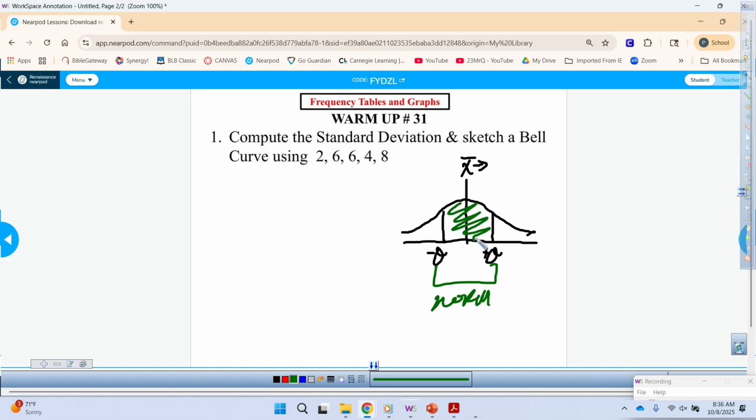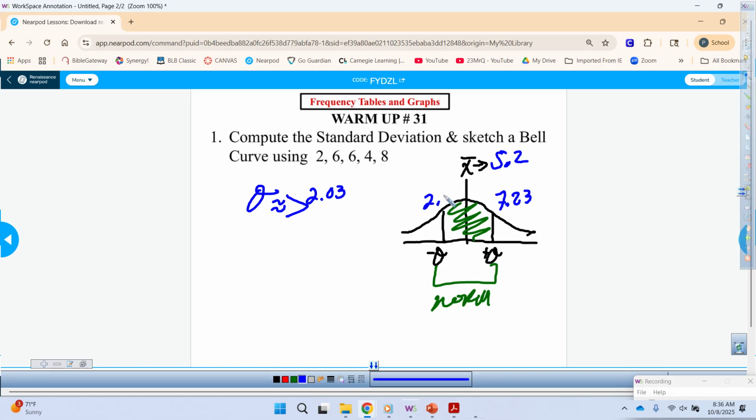All right, mean. What'd you get? Jordan, mean. 5.2. Hands have got 5.2. All right, looks about right. What'd you get for the standard deviation, Levi? 2.03. So therefore, this should be at 7.23 on the up, and on the down, we should be at